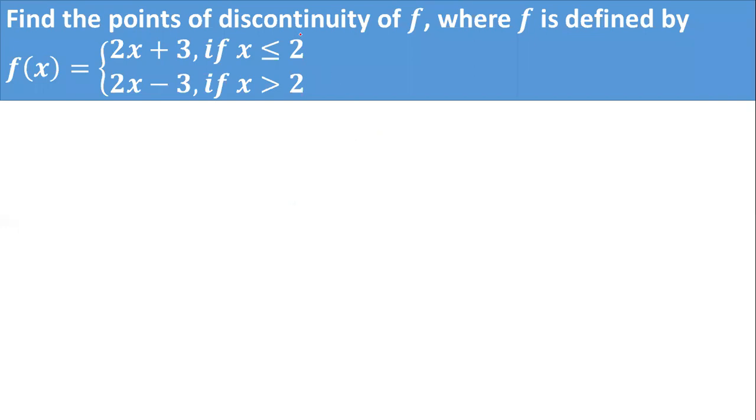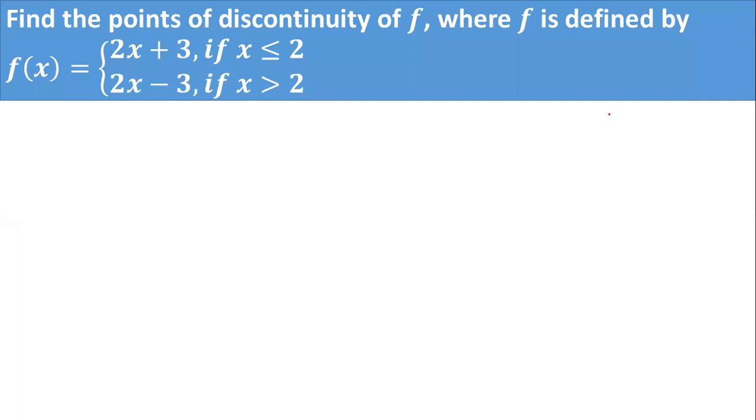See, so easy. Because the variation is happening only at 2. When it is greater than 2 one answer comes, when it is less than 2 another answer comes, and the definitions are changing to the left and right of 2. If it is greater than 2 and less than 2, it is changing. So those who have understood, you can go for it. Okay, so others, you just follow it again.